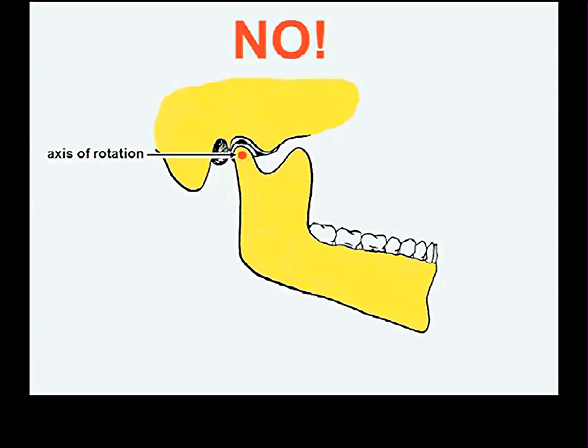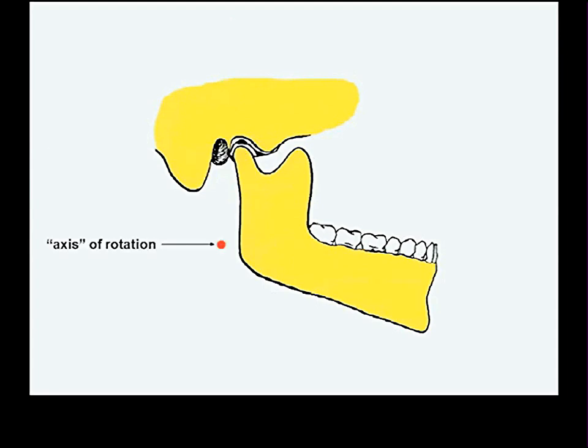But let me show you this video, which is really nice, how this jaw joint really works. This is where the real axis is. It's not even in one fixed place. It tends to move about this area just posterior to the angle of your jaw.